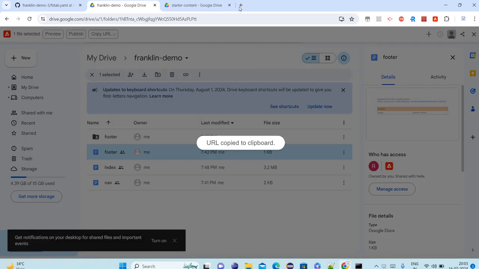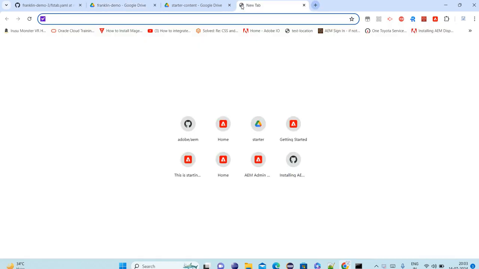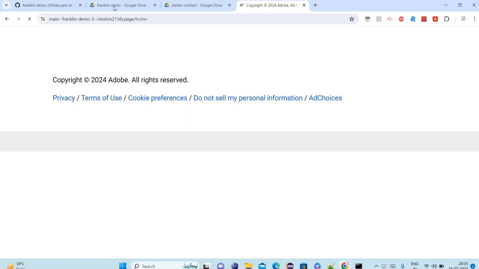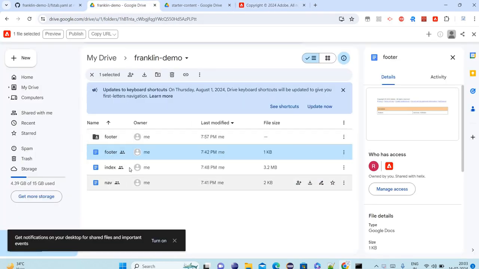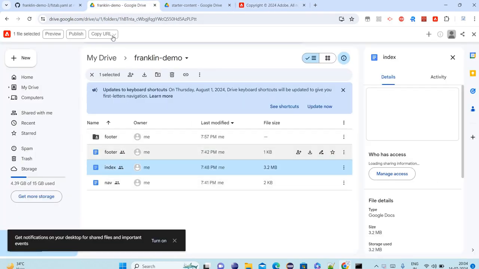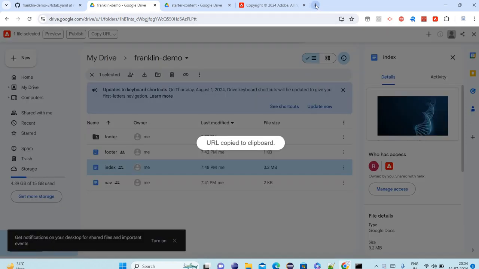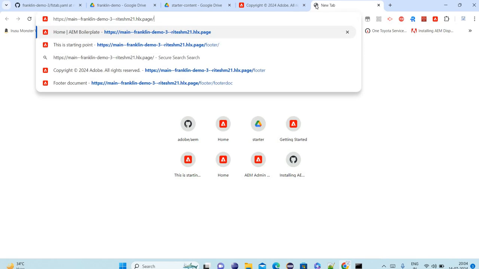URL, and if I open it, this is the URL which is ending with footer, right? If I open the index, copy preview URL, then